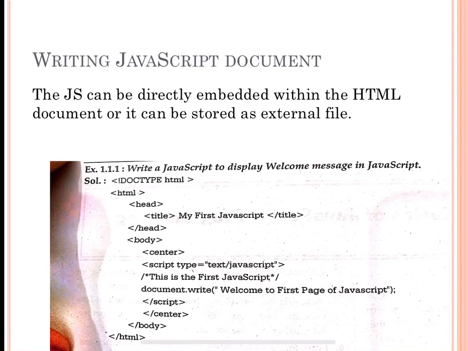Now after writing the code you are going to save the file. How are you going to save the file? Go to the File menu, click on Save As, and you can save it wherever you want, and you can give any name to your file. For example, we will give the file name as test. So you are going to save it with the name test.html. .html is the extension that is to be given to the file. Next let us see how to actually run the JavaScript document, that is how to see the output, in the next slide.